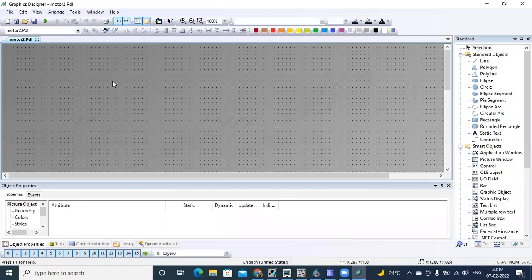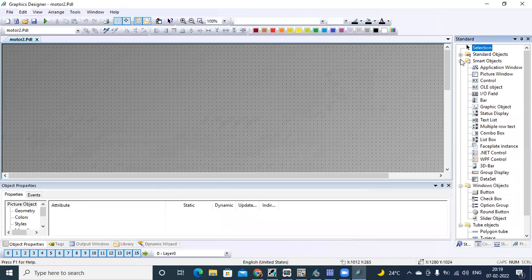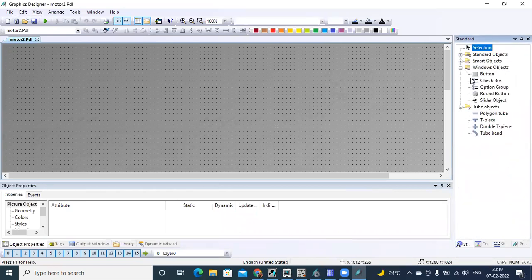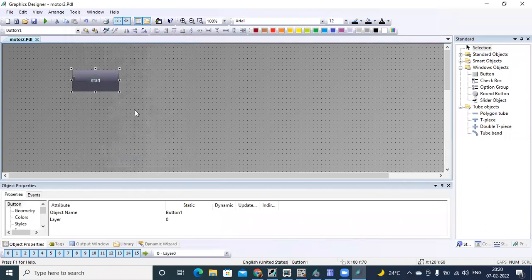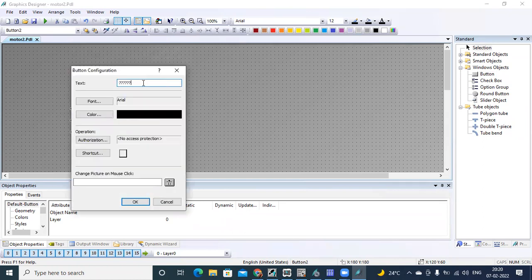Just like in the last class, we have created buttons. I select one button here from Windows objects, and name it Start. One more button, Stop.